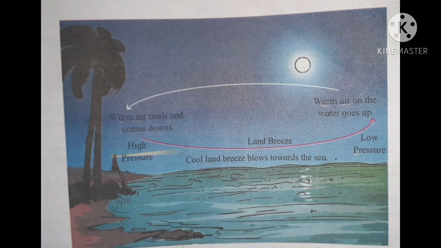As I explained before, land and water get heated due to the sun's rays and radiate this heat to the surroundings. Due to this, the air closer to the surface of the land and water gets heated first. Later, the heat gets transferred vertically upward to the adjacent layers of air. The temperature of air goes on decreasing as one moves higher up from the surface. Hence, the air near the sea level is hotter than that on the mountainous region.